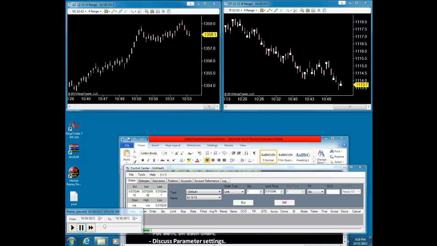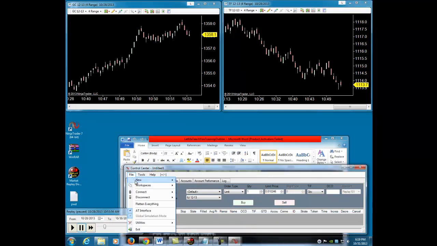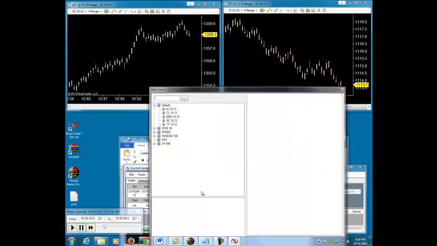Okay, so were you able to create a new chart and apply the template to it? All right, well, let's do another one together. So here we had the GC and the TF, the gold and the Russell. So now let's go ahead and create a new chart. File, new, chart, and